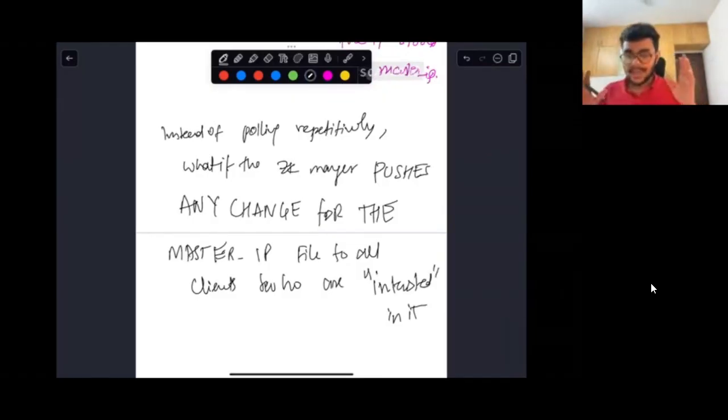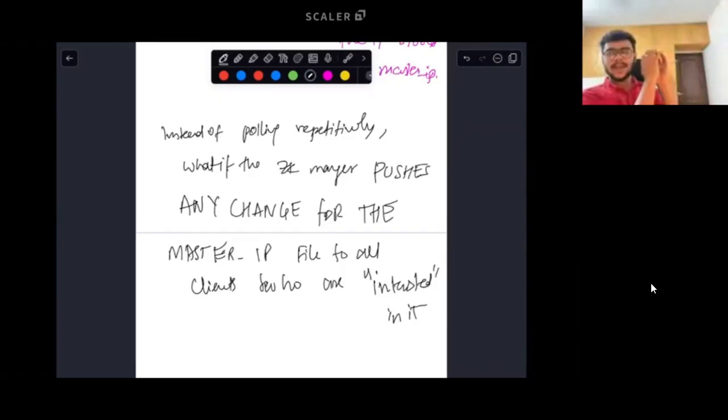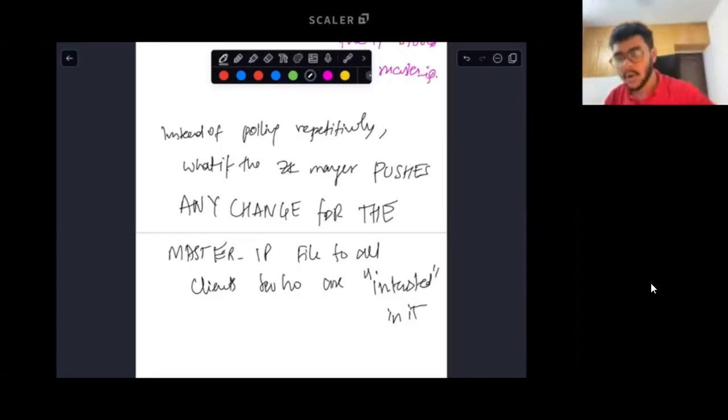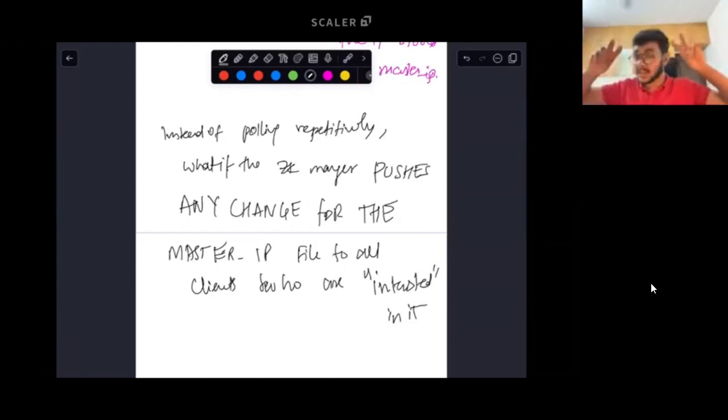There is one way in which, before sending any write query, you say, okay, fine, I'm going to go to Zookeeper, get me the latest IP address from the master IP file, and then send the request. This is one way. But you do this repetitively. Why are you doing it repetitively? Because the redirection would have happened and the IP address would have changed. But now, what if the Zookeeper manager, which has access to this file, knows that, as soon as this file changes, let me send a request to all the interested Zookeeper clients. We'll take a look at what it means by interested Zookeeper clients.